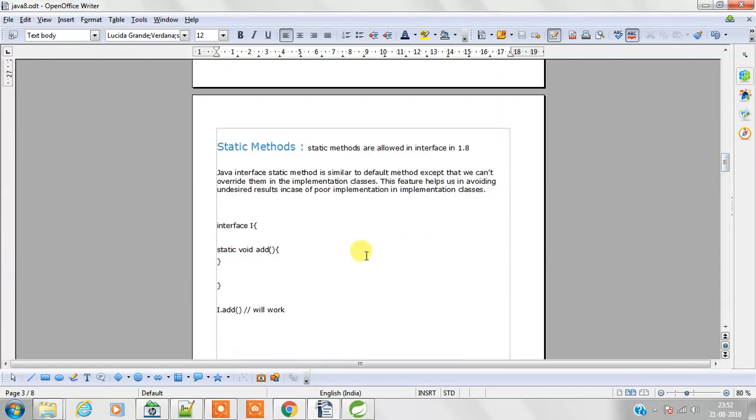So what is the difference between static and default method? If you want to define any static method inside the interface, you just have to put that static keyword before your method, and after then you can define your method definition here. So this is similar to default method. Whatever we were doing in default method, we can do the similar thing in static method as well, but there is one difference